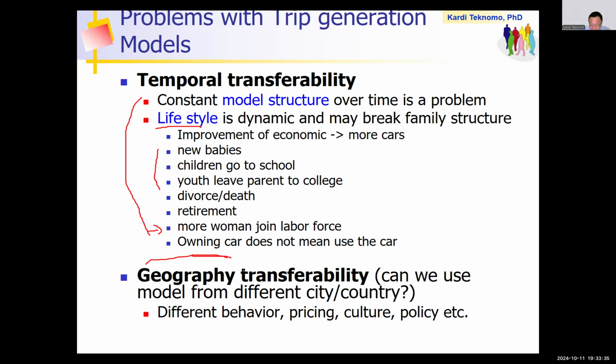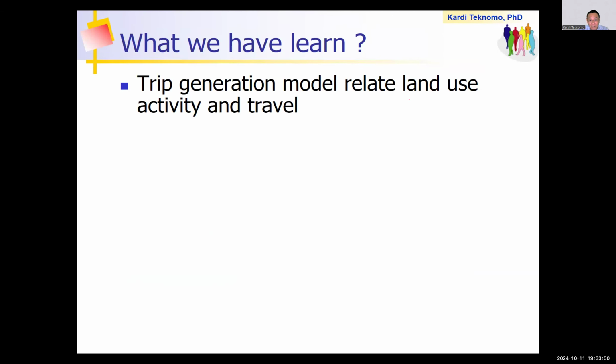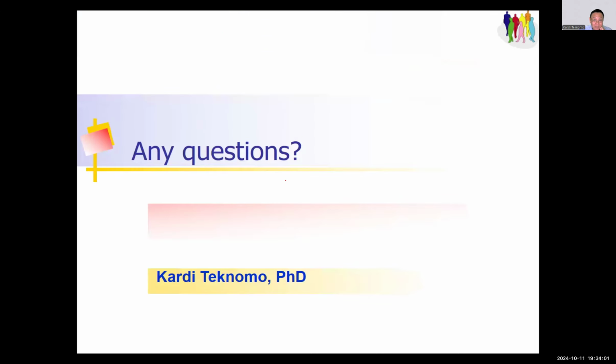Now, in summary, what did you learn today is the regression model used for trip generation. Trip generation is basically a model to relate land use activities with the trips. Okay. So with that, we end this